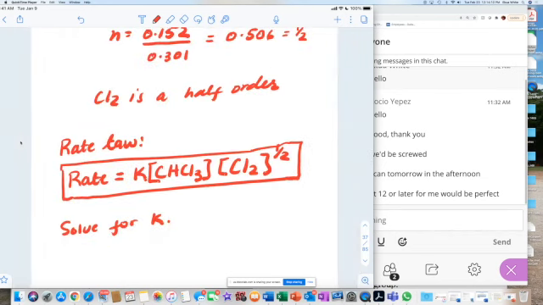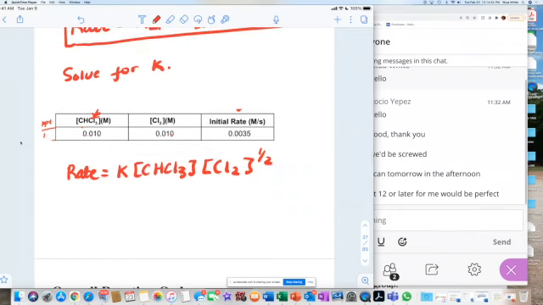I'm going to plug in the numbers in here and then solve for K. So rate equal K, CHCl3 raised to the power 1, Cl2 raised to the power 1/2. Okay, so in the place of the word rate, I'm going to put this number, 0.0035, right? And then K, I don't know what K is. I'm trying to solve for K. For this first formula here, I put that number, 0.010, raised to the power 1. Actually, let me use the units here. I'm being lazy. I have to use the units. M over S, K,